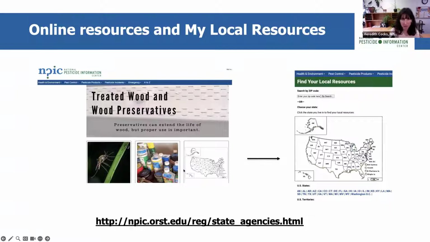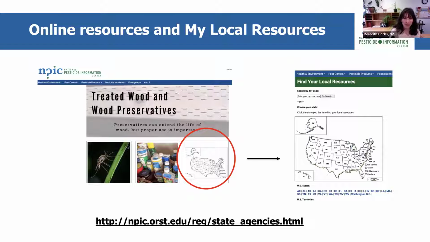So here's a screenshot of our homepage. And that little map, you can click on that to open that screen on the right, and that's our My Local Resources directory. And if you click on your state, you'll find a list of many different organizations with their phone numbers for your state. So state lead agency, but also other state agencies, OSHA, county extension office,